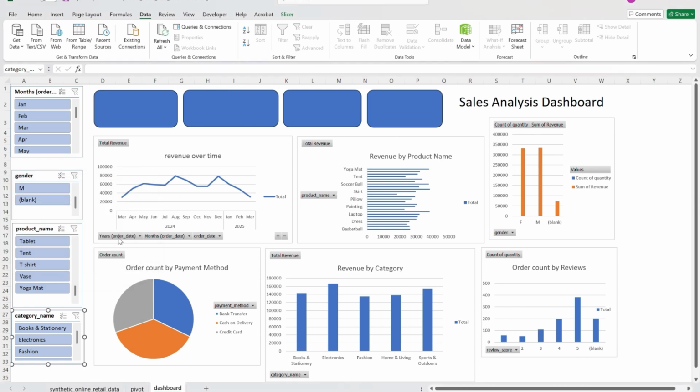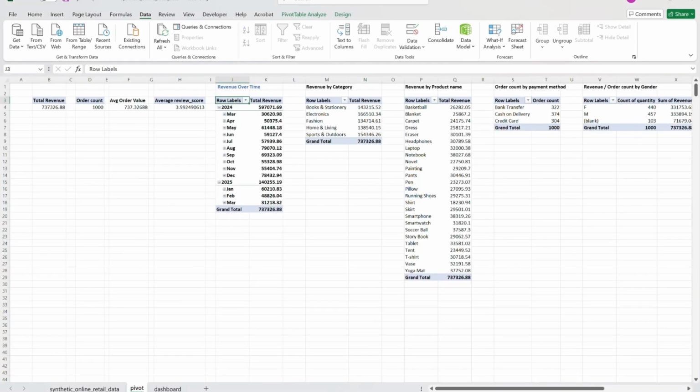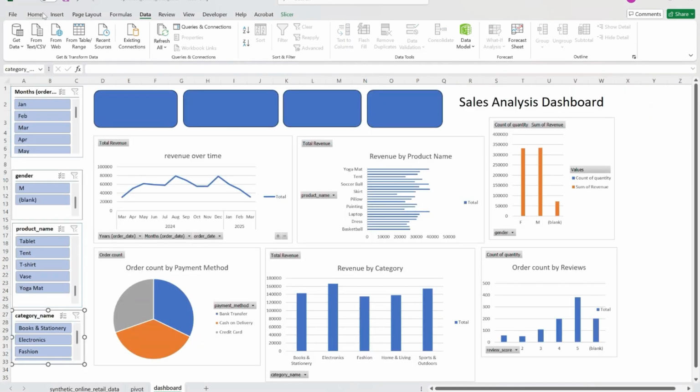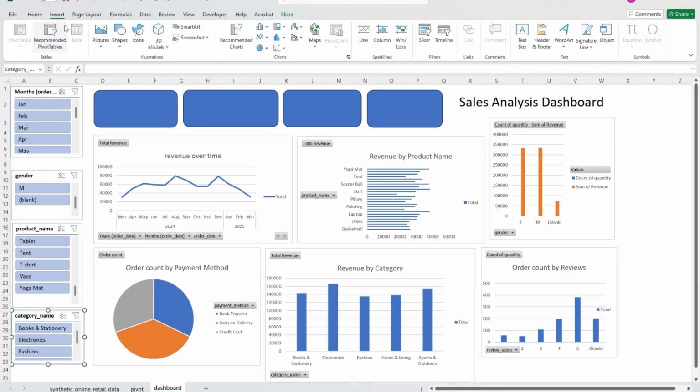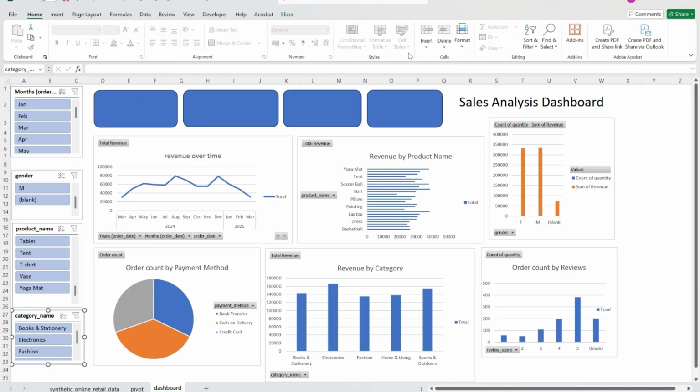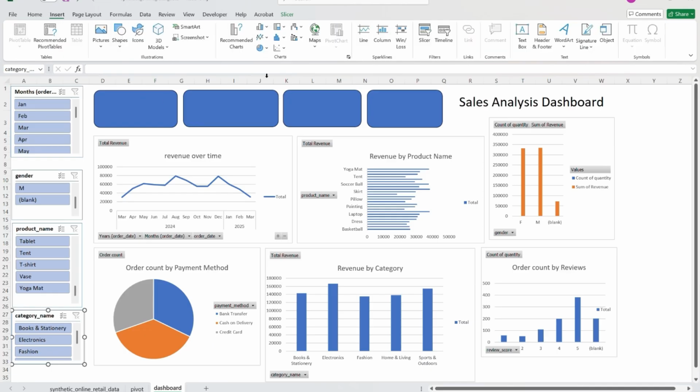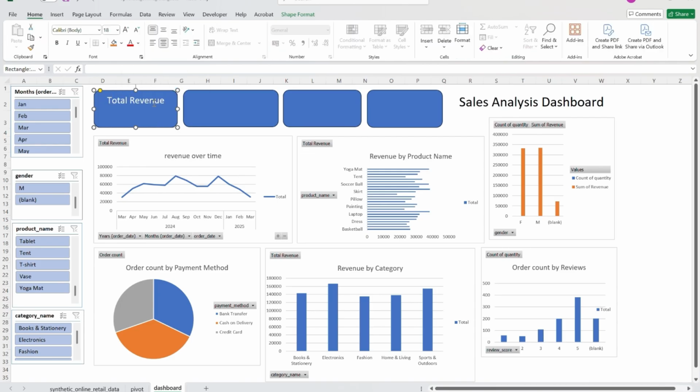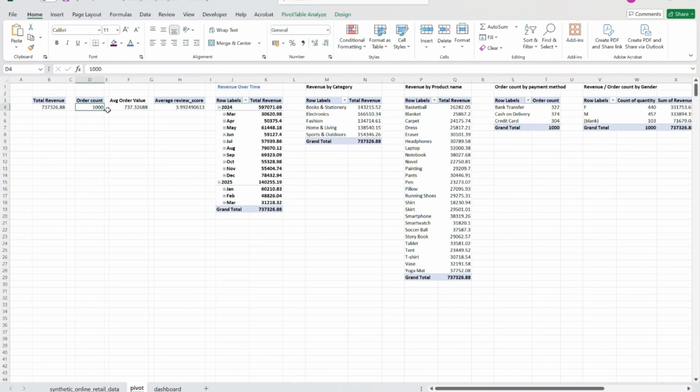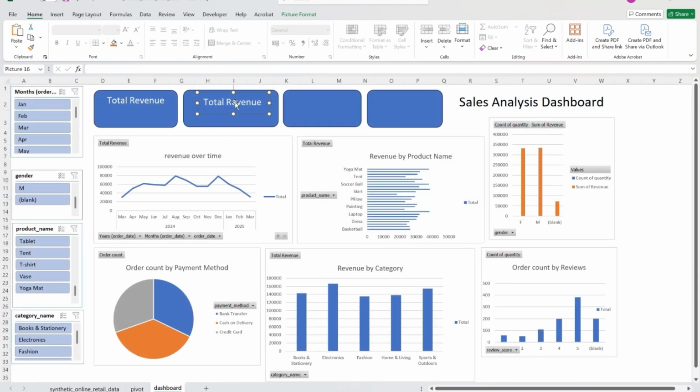So I have made the connection, and then I just want to display the total revenue. So I'll just insert a text box, home, insert a text box here, and here I will display the total revenue. The second is order count, average order value, and average reviews.